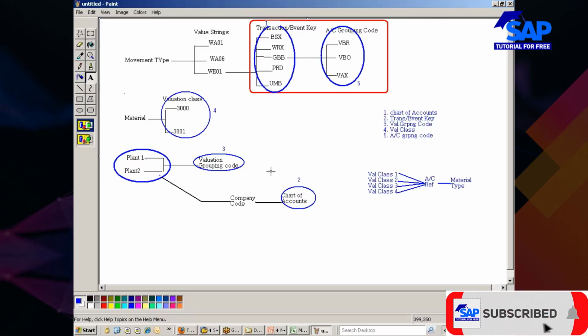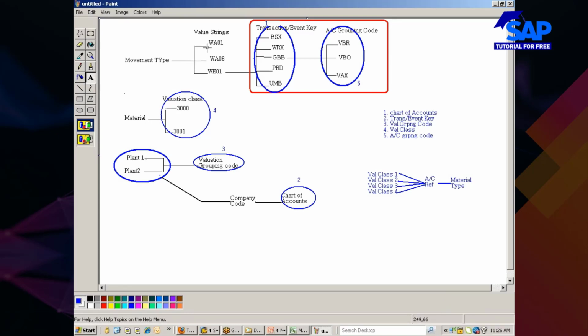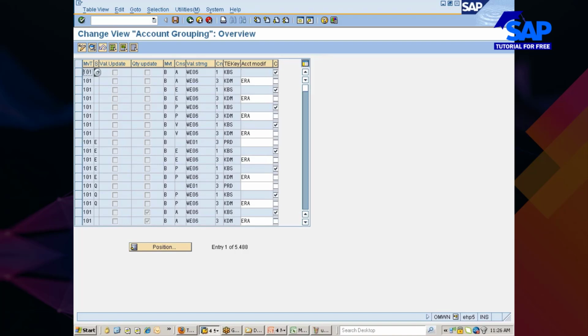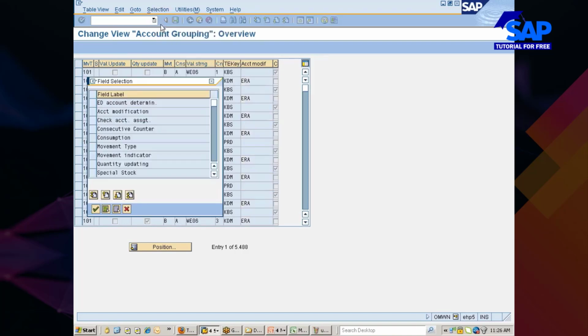Now you could see here the screen that I have created. Movement type will have value strings. Value strings will have transaction event keys. Transaction event keys are further subdivided into account grouping codes. This concept you could see here. Each movement type, you see here, selection by content. I go with movement type,